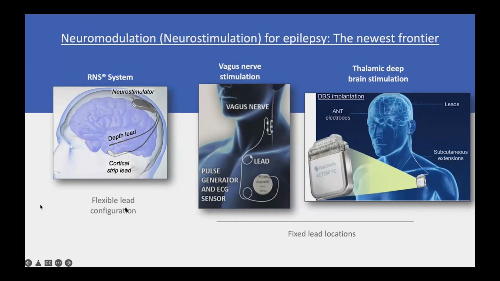That's one where it's actually implanted with a depth electrode or even a strip electrode over the brain right at the seizure onset zone. When we are doing these intracranial studies, if we find where the seizure onset zone is, but we realize that we can't remove it without significant risk to the patient, or if there are multiple sites, like two different seizure onset zones that would have to be treated, that's where this can come in handy, because we can put the depth electrodes and cortical strip leads right where the seizure onset zone is, and then have the neurostimulator